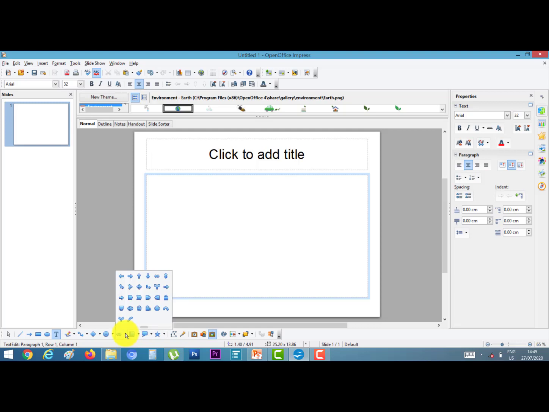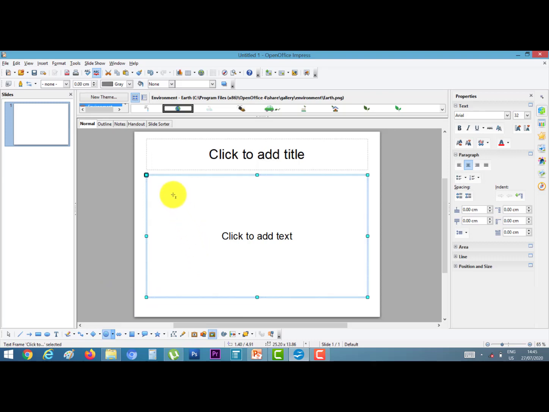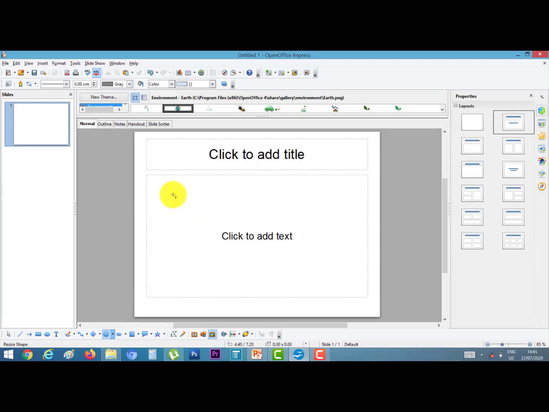So we can choose any of them. Suppose I click on this, click the left button of the mouse and drag it on the screen and release the mouse button.